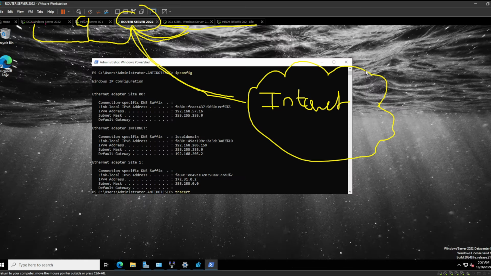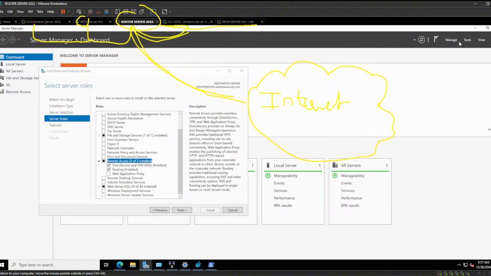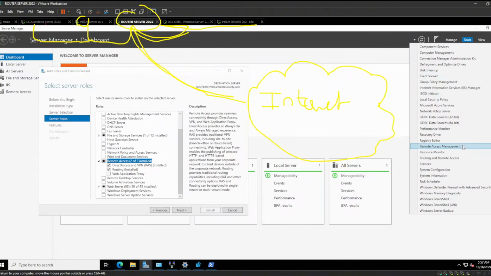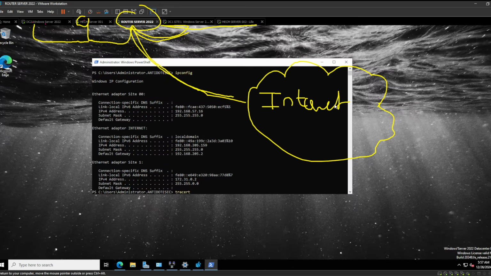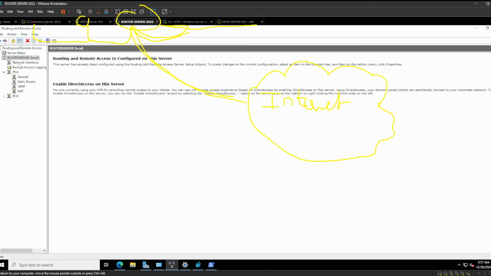After doing this, you will go to Server Manager, Tools, and click here, Routing and Remote Access. When you do this, you will have that. And what it means is that here,